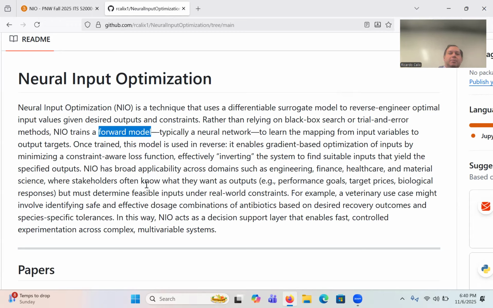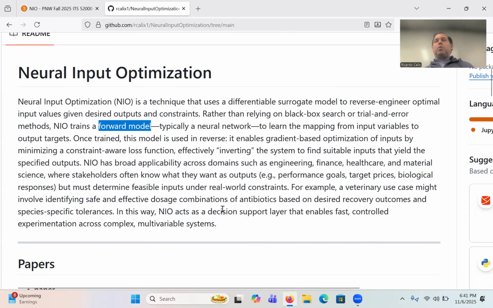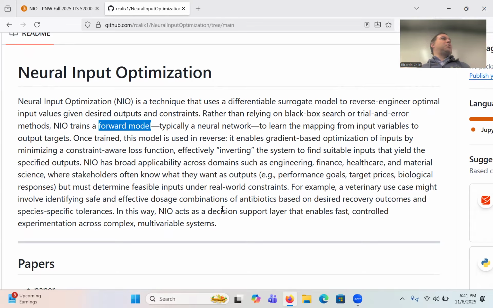NIO has broad applicability across domains such as engineering, finance, healthcare, material science, where stakeholders often know what they want as outputs, e.g. performance goals, target prices, biological responses, but must determine feasible inputs under real-world constraints. This is actually like every problem at every company. That's why I think it's such an important technique, because a lot of people and companies will